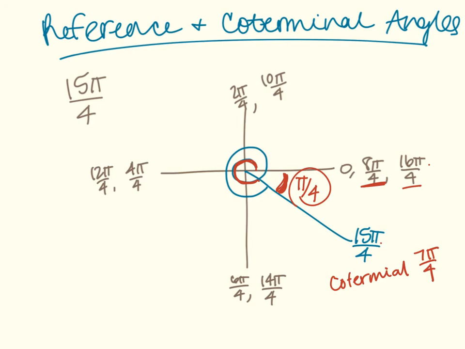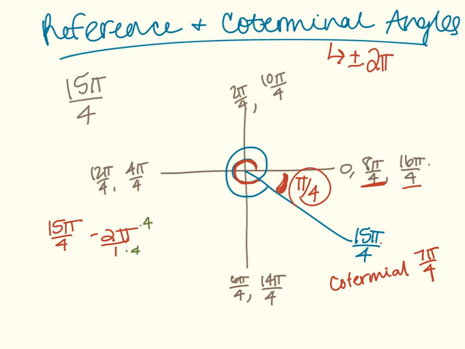Now, I know you don't always want to think visually with the coterminals. So I think for degrees, we added and subtracted 360 to find coterminal angles. So for radians, we're going to add and subtract 2 pi to find coterminal angles. So just so you can visualize that, we would have done 15 pi over 4 minus 2 pi. Now we're dealing with fractions here, and as we know, in order to add or subtract fractions, we need a common denominator. So this would be the same as saying 2 pi over 1